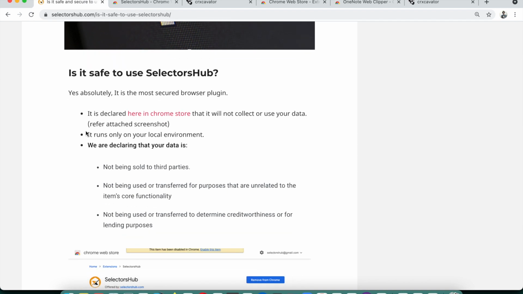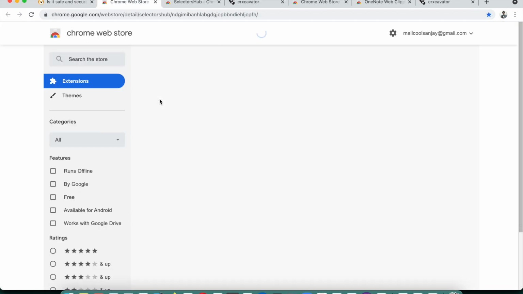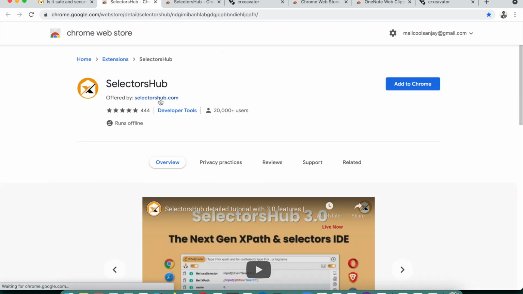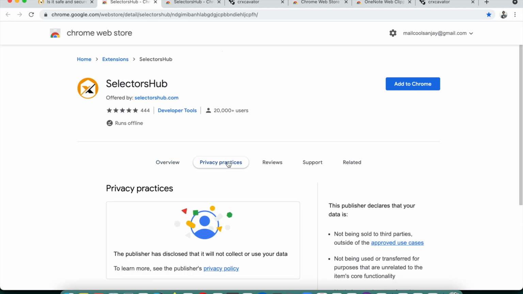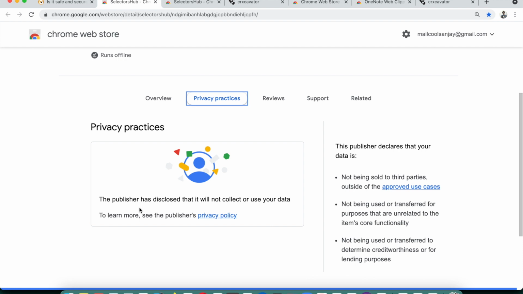It is the most secure browser plugin, and it is declared here in the Chrome Store that it will not collect your user data or use your data. You can refer to this screenshot here. Let me directly go to the Chrome Store. Under privacy practices for SelectorSub, it is very clearly mentioned that the publisher has disclosed that it will not collect or use your data.